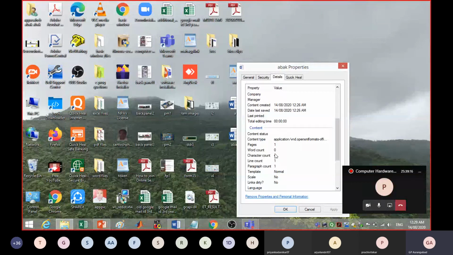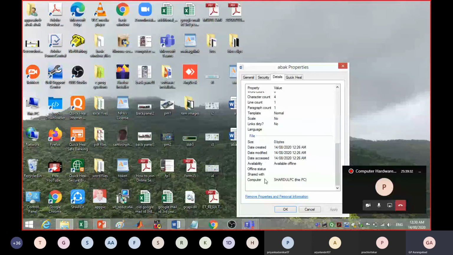The character count is only 4, as I used; you will find there are only 4 bytes, and it is showing you only a count of 4. Then the line count, there is only one line, and how many paragraphs. This is the sort of information you probably may not have thought of.